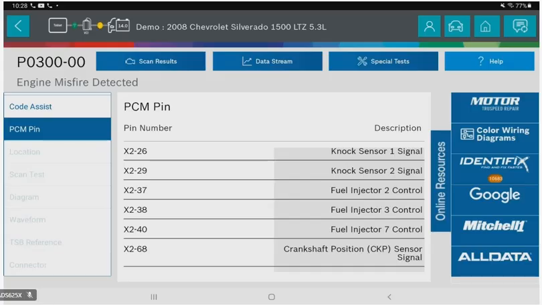The next one down is diagram. So diagram is an outstanding spot there as far as help goes, because it would be a diagram for whatever the component is that I'm working on. If I was working on a throttle position sensor or something like that, it would be a wiring diagram just for that component. So it wouldn't be a complete wiring diagram of everything under the hood. It would be only for that specific component. And it may run from the headlight to the tail light. It's hard to tell, but it would only be the wiring and the pin locations and that kind of thing